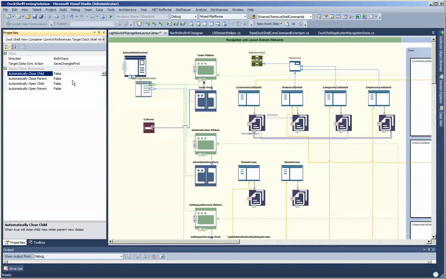and the employee list detail, what we want to do is say automatically close the child true and automatically open the child to be true. Now we can also set the automatically close parent to be true and automatically open parent to be true. So basically what this current setting is that when I open up this customer list detail, it will see this link and it will automatically try to launch this employee list detail screen and open it up if it isn't already open. And when I close this parent screen, this customer list detail screen, it will automatically close the employee